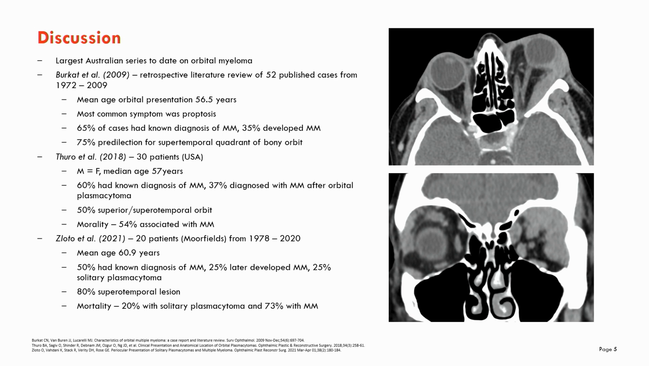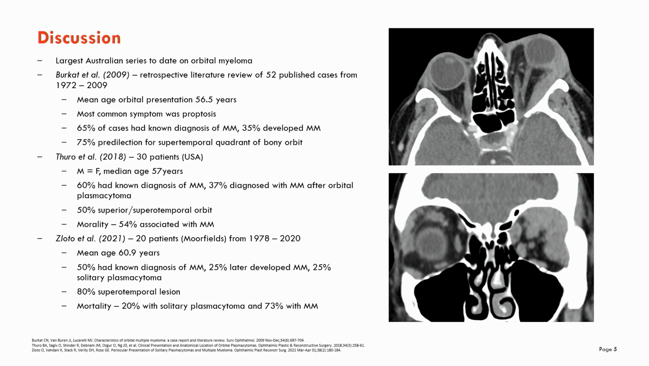So to date, this is the largest Australian series on orbital myeloma, and our study's results correlated with several other international studies. So in 2009, there was a retrospective review of 52 published cases from 1972 to 2009. Their mean age of orbital presentation was 56.5 years, and the most common symptom here was proptosis. 65% of these cases had a known diagnosis of multiple myeloma, and 35% proceeded to develop multiple myeloma after their